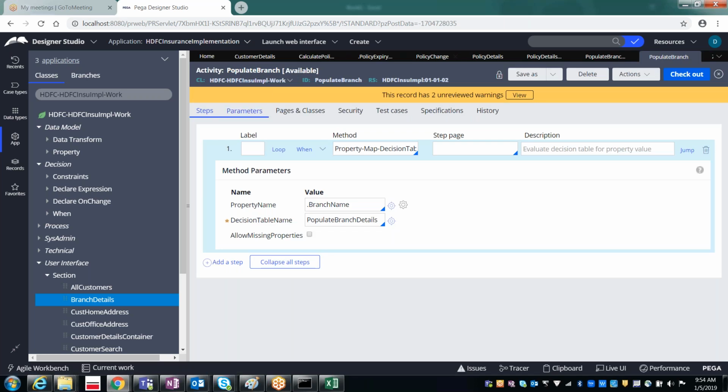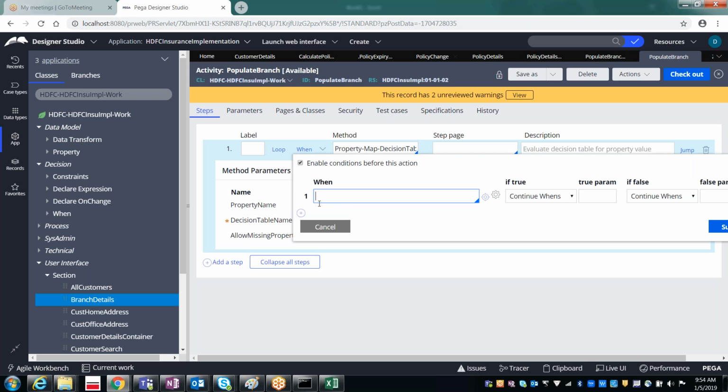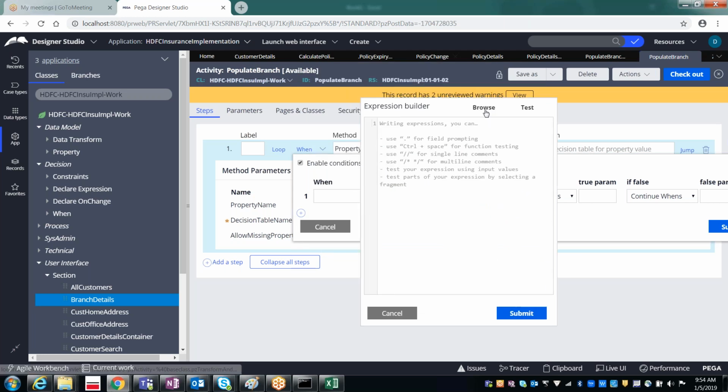Directly this when condition you can refer to here: is brand new equal to true. Either we can directly type it, otherwise you can create a when rule and select it. Okay, so here we used the expressions earlier also.